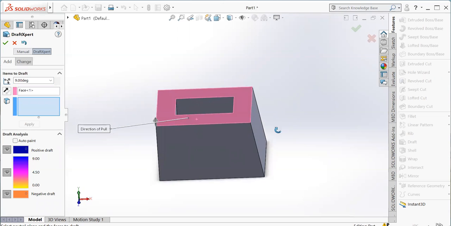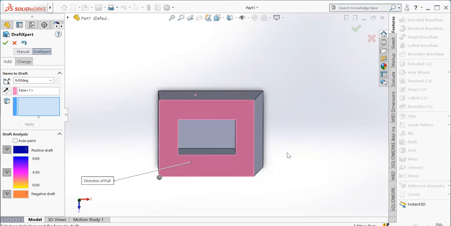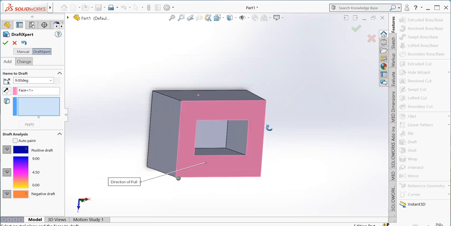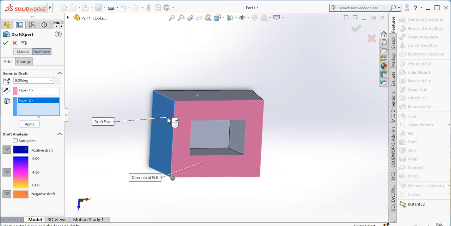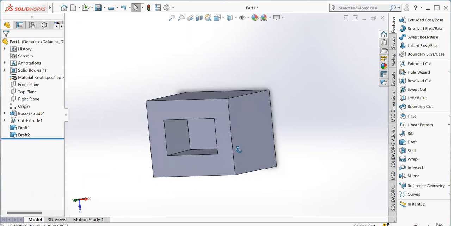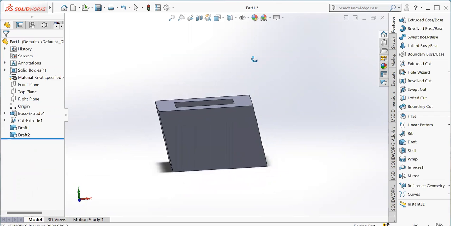Now again I want to use this draft command. So I can again use this face, but now in this case I'm going to click on this, and now I will see the difference. Now see the difference here. The draft in this one is in this direction.